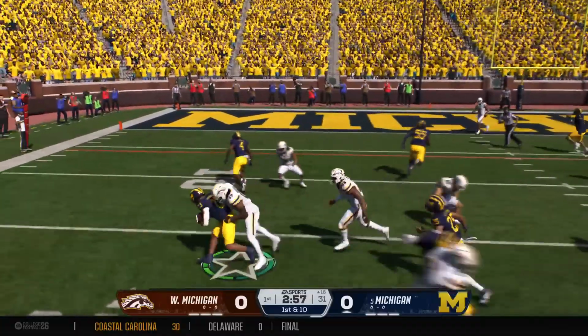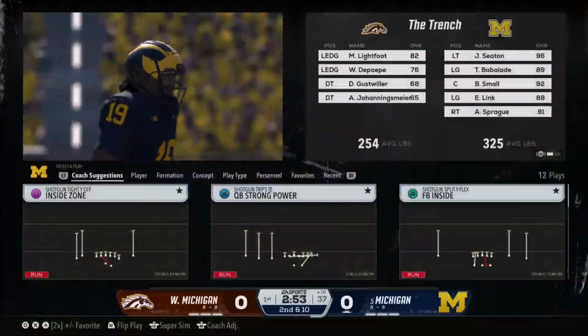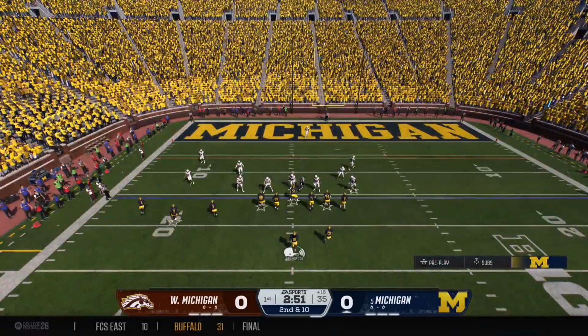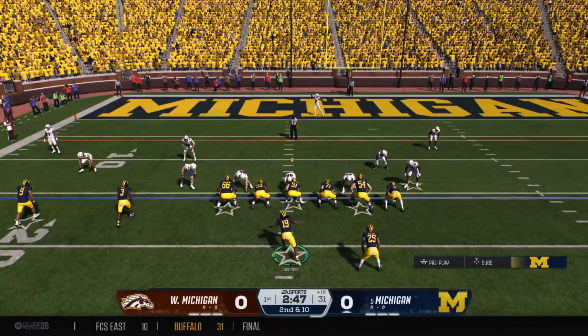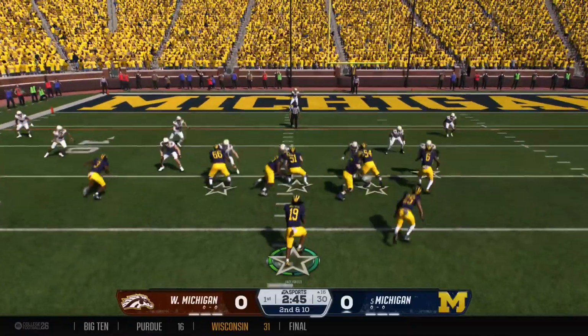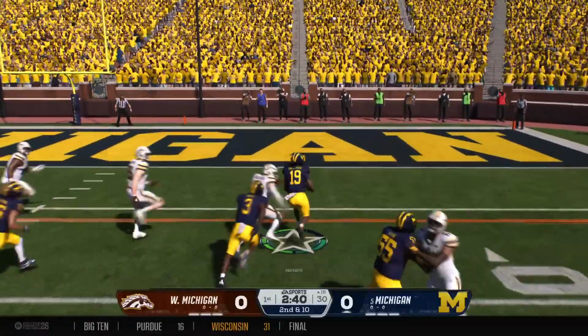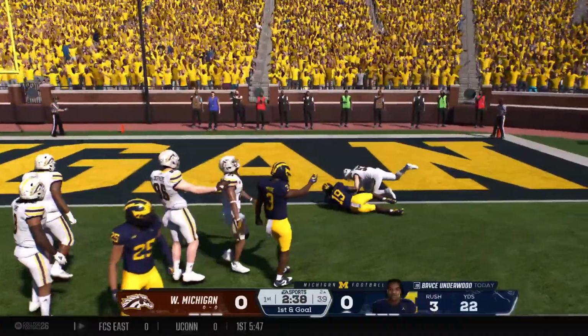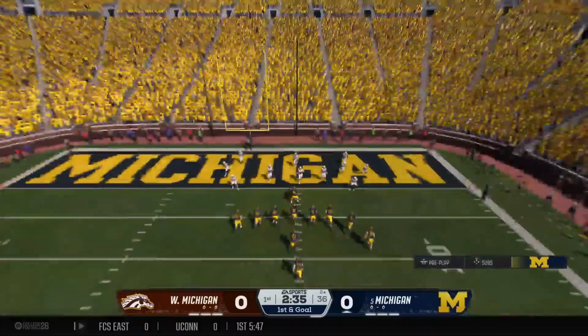Power football with the run. And the defense holds firm. No pickup at all on that play. Got stuffed on 1st down. It's 2nd and 10. This quarterback part of their running game. 1st down run by Bryce Underwood. He gave him a little bit of everything on that one.